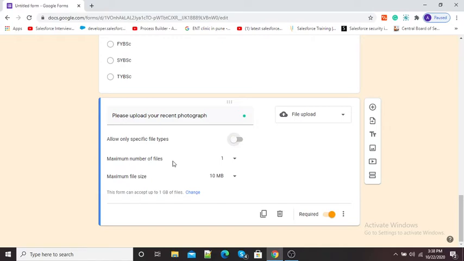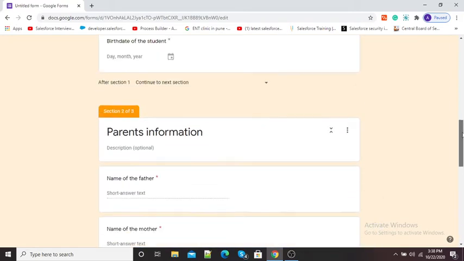Here the maximum number of files can be 1, or I can make it 5 or 10, and the maximum file size default is 10 MB, so I can make it 1 MB, 10 MB, or likewise. So I will keep this 10 MB. Now my question is compulsory. So this is how we can add different questions to our Google form.